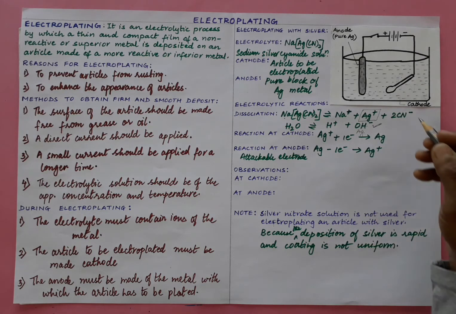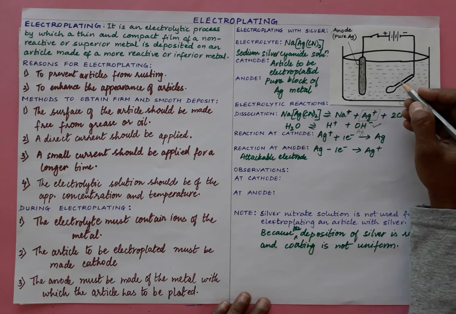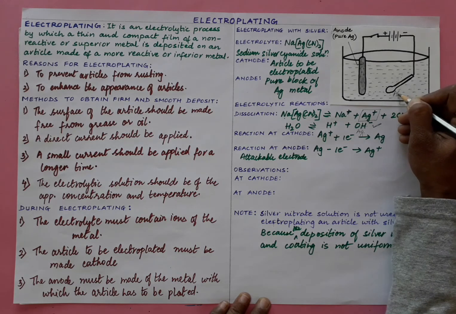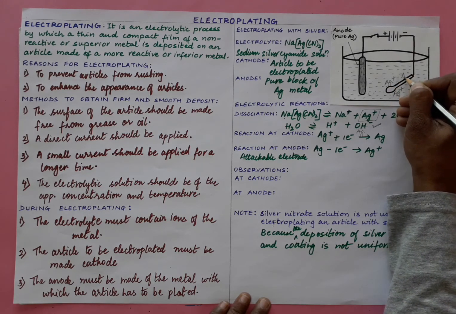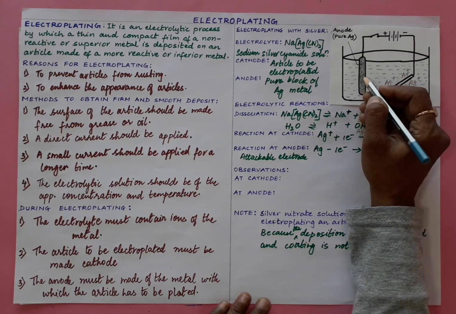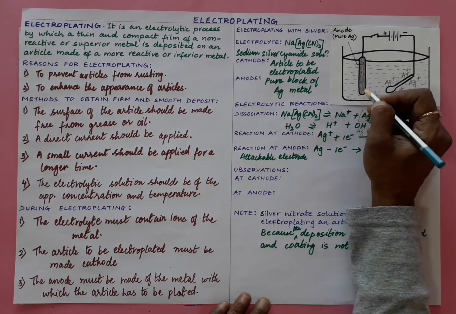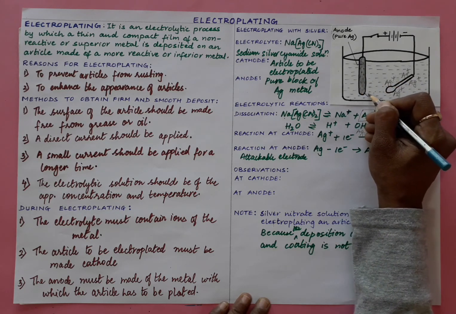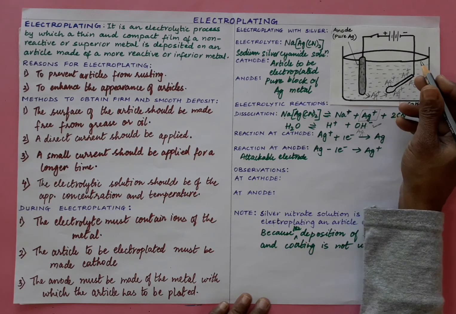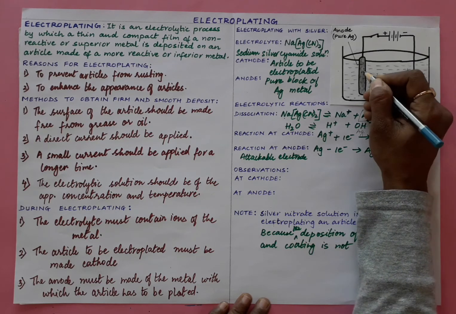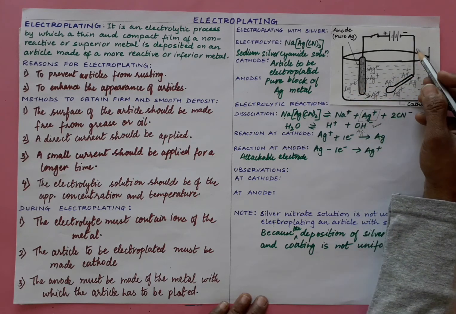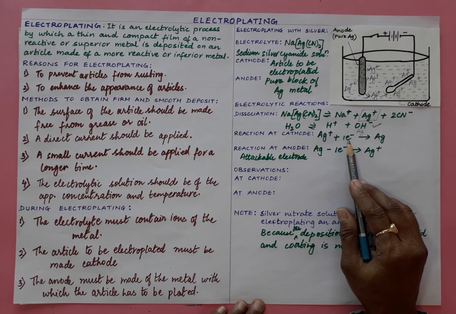Now let us understand what's happening when you connect the battery, and as in the solution we have these ions. As soon as you connect the battery, the silver ions will start moving towards the spoon, that is the cathode, as cations get attracted towards the cathode. At the same time, imagine these are the silver atoms, this rod is made up of silver atoms. Each silver atom will lose one electron and convert into a silver ion, and these silver ions will get attracted towards the cathode. There are so many atoms which are losing electrons and turning into silver ions, and these silver ions will get attracted towards the cathode and will gain one electron to form silver.